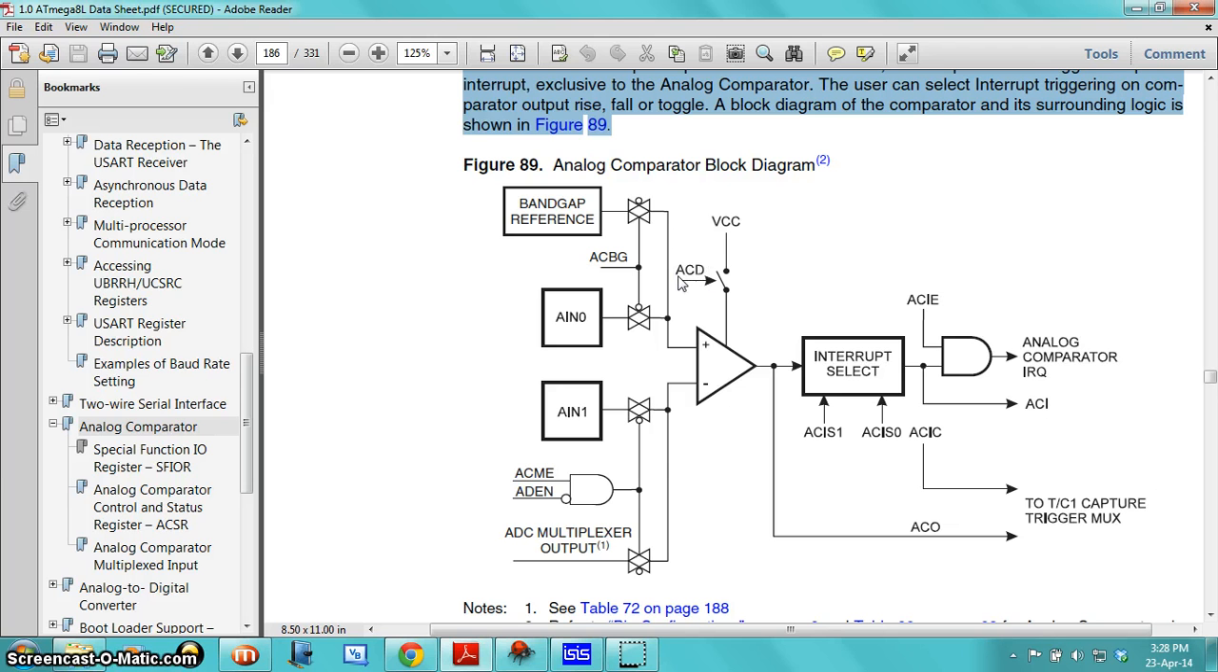There is one more bit called the ACD bit, through which you can disable the analog comparator. So if you are going into power down mode or you want to disable your analog comparator, by using this bit you can disable it. You can also select the band gap reference, so you don't have to apply any voltage at your analog input 0. It will select the internal band gap for you, and then